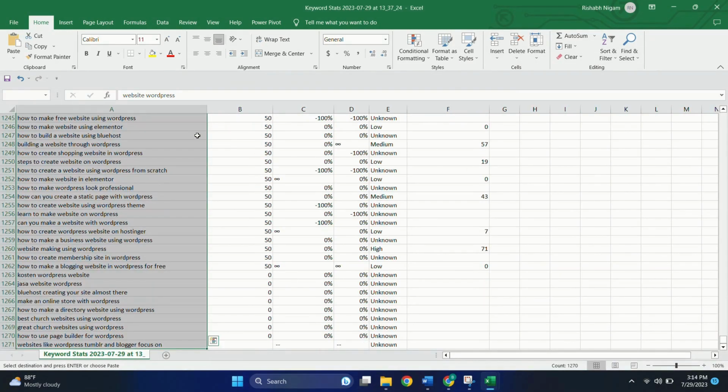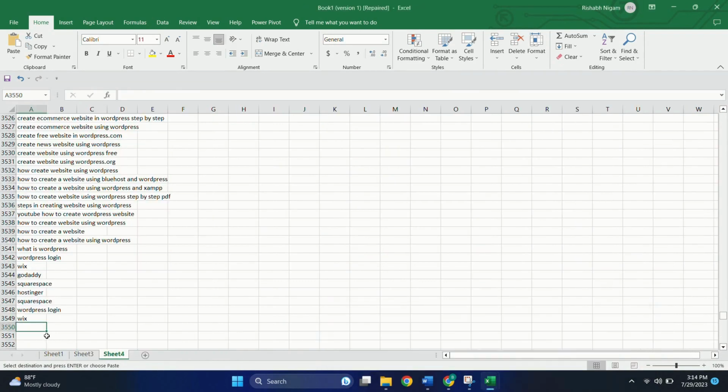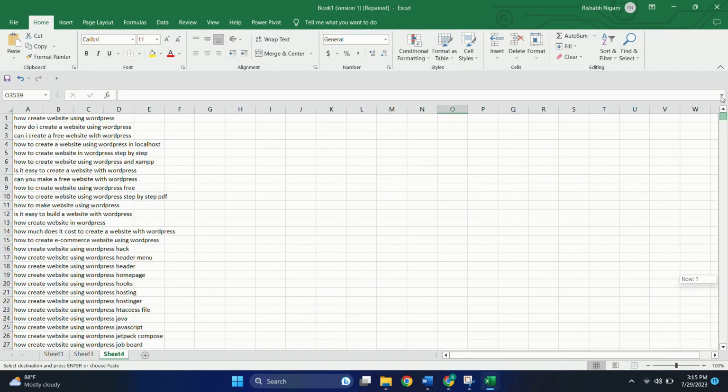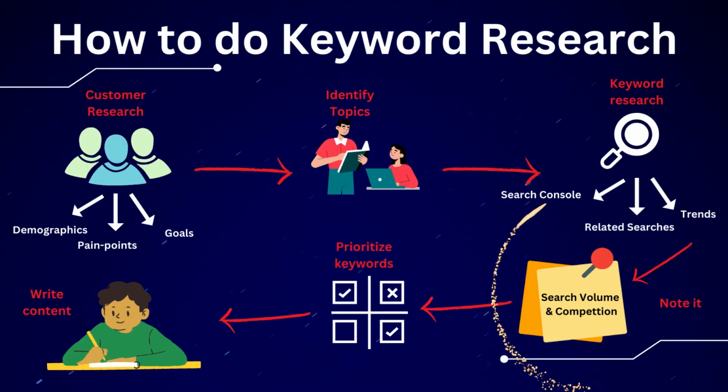Now we will also copy the data which we had from the Keyword Planner. Copy and paste it over here. So this is the exhaustive list of keywords that we have collected from all the platforms.